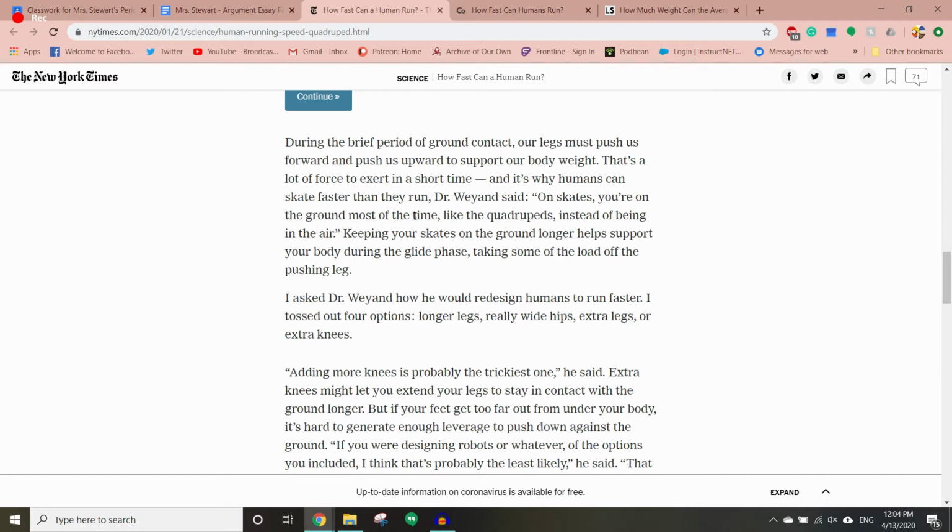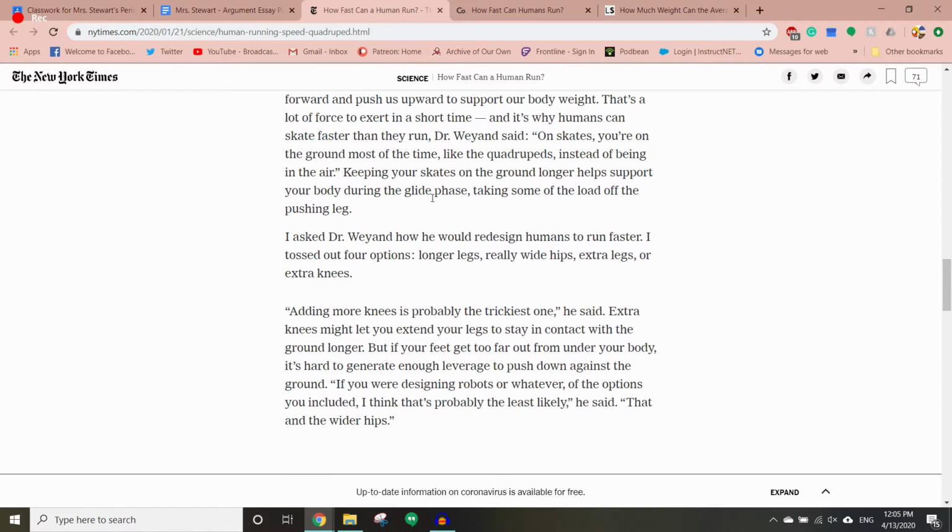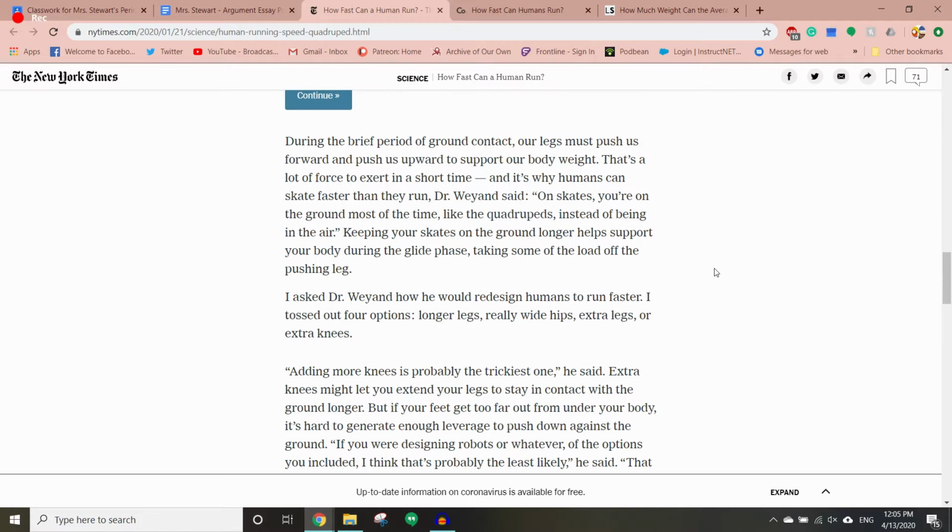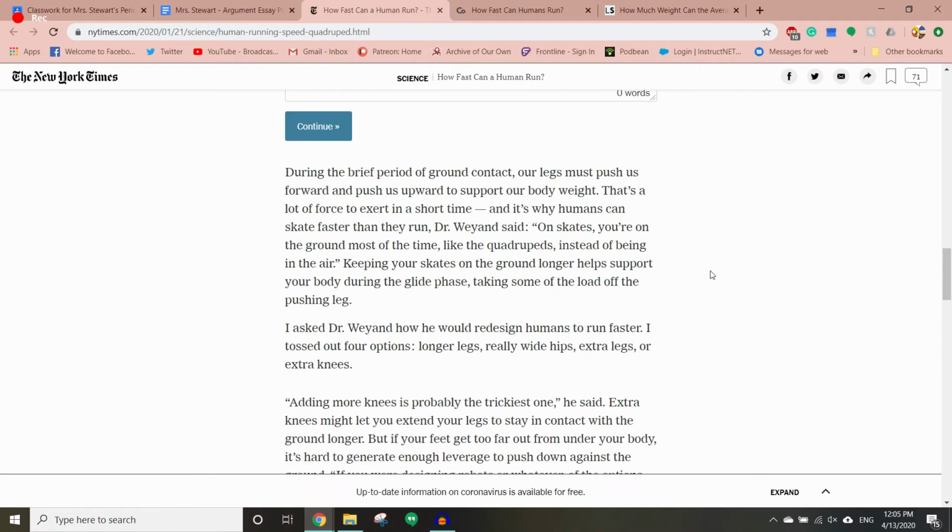this. Okay, so during the brief period of contact with the ground, our legs must push us forward and push us upward to support our body weight. That's a lot of force to exert in a short time, and that's why humans can skate faster than they run. So, let's see. Keeping your skates on the ground longer, blah, blah, blah. We design humans to run faster. So, adding more knees, I don't think is going to work very well. Just saying. But,